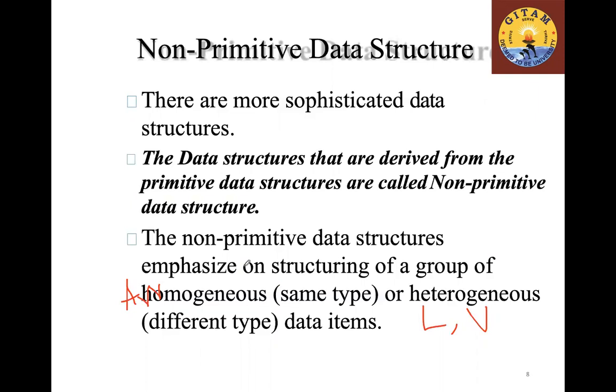So if we come to non-primitive data structures, these are called sophisticated data structures. The reason is, when you come to primitive, it's like earlier technology, only zeros and ones. If you arrange zeros and ones in a structured way, then it might be an integer. In another structured way, this might be float, and so on, right? That's what we have discussed about. But when you consider a non-primitive data structure, which uses primitive data structure, you can say the data structures that are derived from the primitive data structures are called non-primitive data structures.